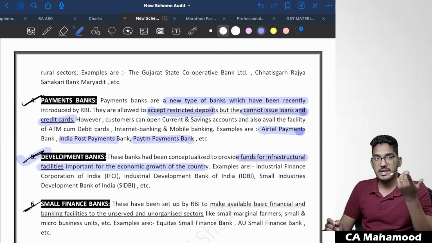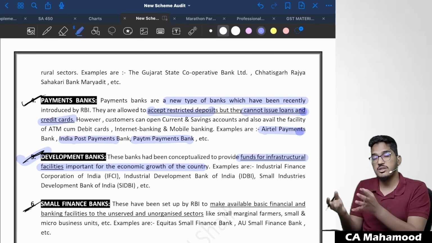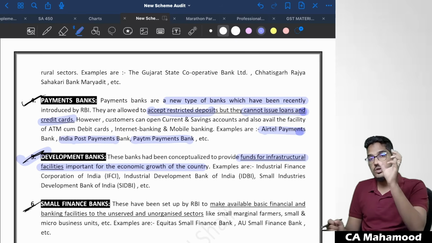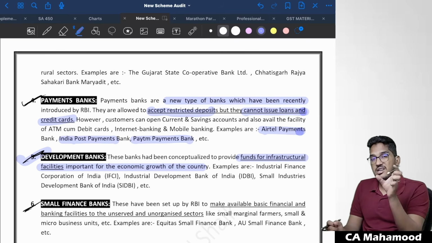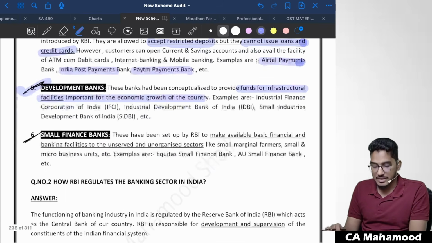If you go to the IDBI bank and say, I am a salaried employee, I have good returns, so please give me a housing loan, IDBI will say, we will not give you a housing loan. Then why is the bank there, sir? IDBI is not there for meeting the banking requirements of persons like you and me. They will provide credit facilities to bigger companies into infrastructure development, like construction companies, IT companies. They provide banking facilities only to those industries which are very important for the economic growth of the country. So one example is IDBI.